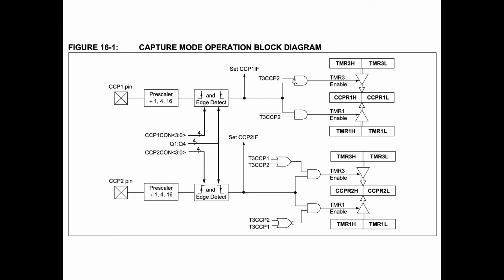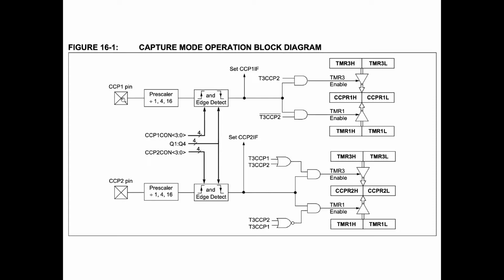All of these AND, OR and NOR gates just explain the details of whether I'm using T3 in both cases, or T1 here, or T3 there, and so on. This one means you are using Timer 3, this one means you're not using Timer 3, you're using Timer 1. In any case, what I want you to know is if something happens and you detect it